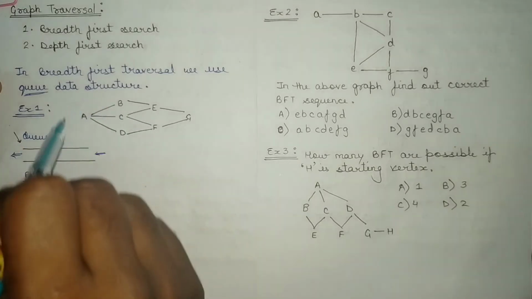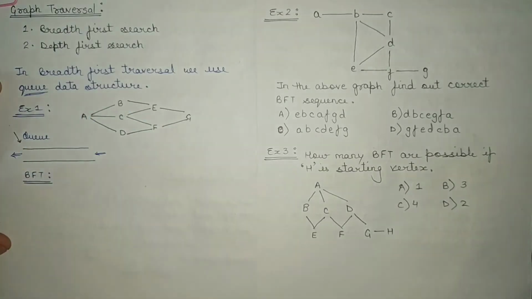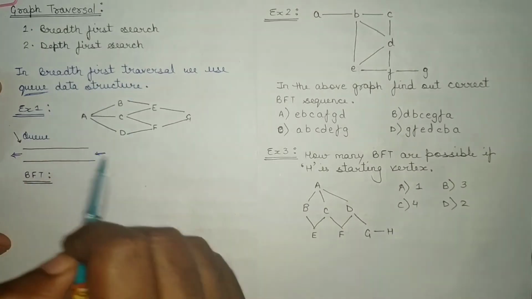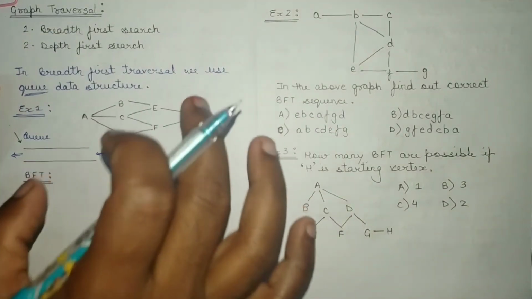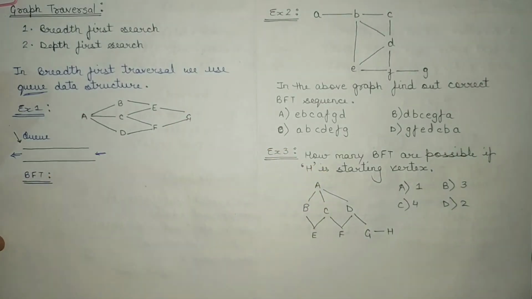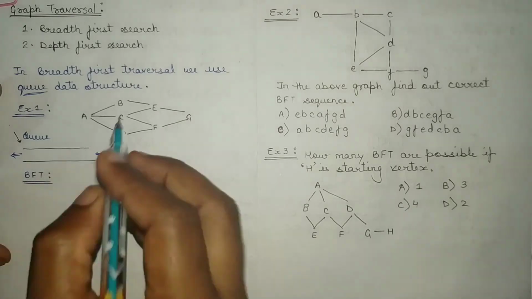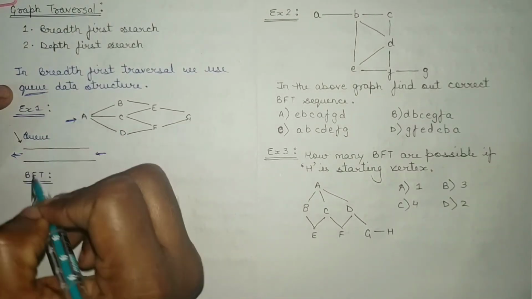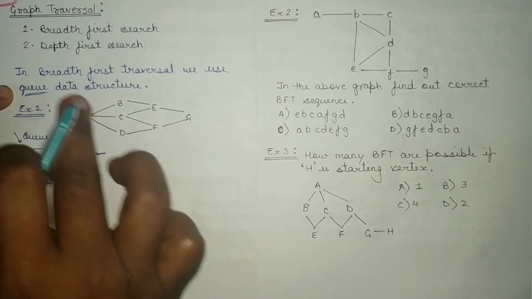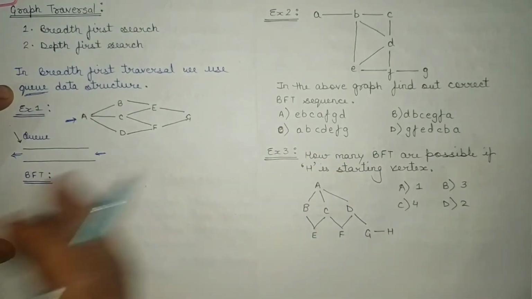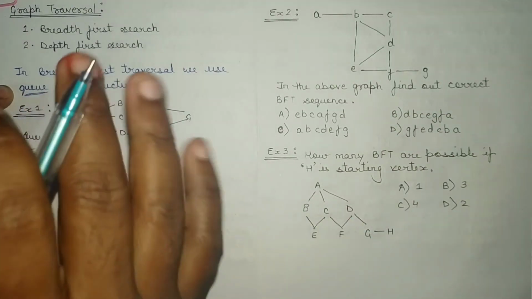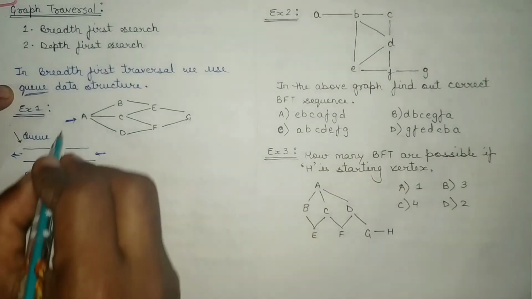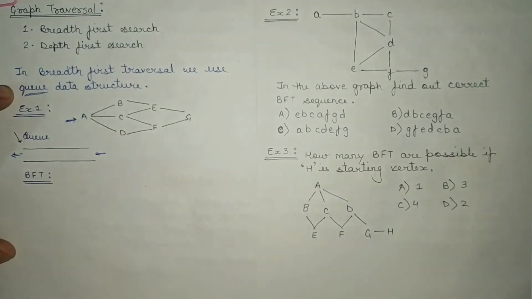So in the first example you can see that here I have a particular graph and we'll be applying breadth first traversal on this graph using the queue data structure. So how will we do it? First of all, you will start from any particular node. The starting node will be given in the question, you need not worry about that. Let's say that we have to start from A, right? If it is not given from which node you have to start, you can start from any node, that depends on your choice. But if it is given that you have to start from a particular node, always start with that node and proceed further. So let's say here it is given that you have to start from node A.